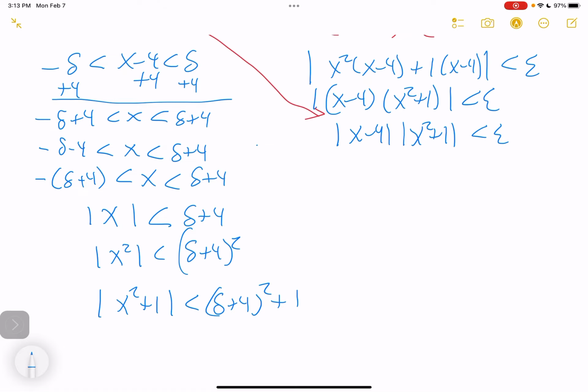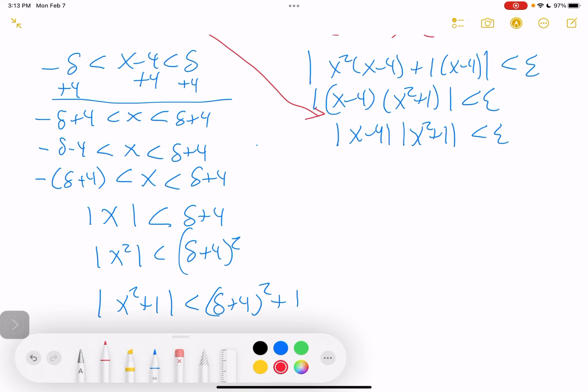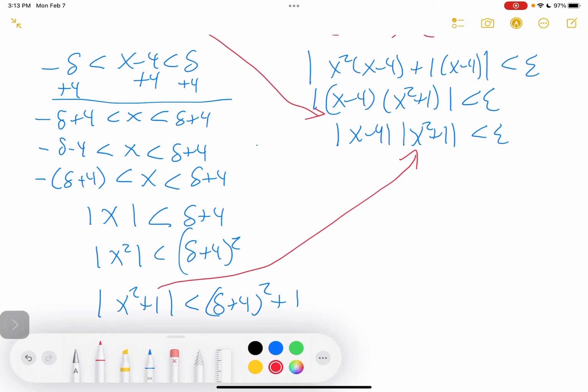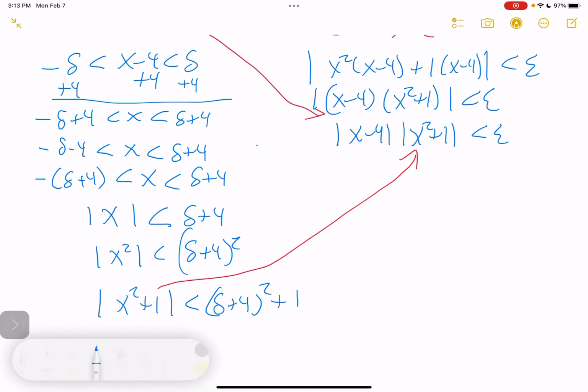And what I want to point out here is that this expression now looks a lot like that. And so what the process is talking about in this problem is they arbitrarily chose